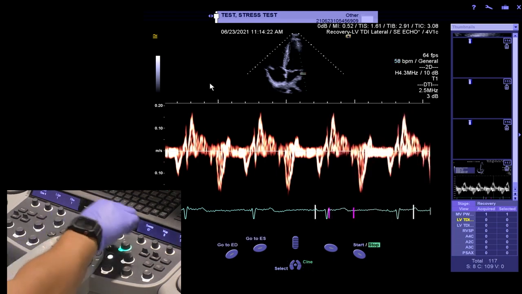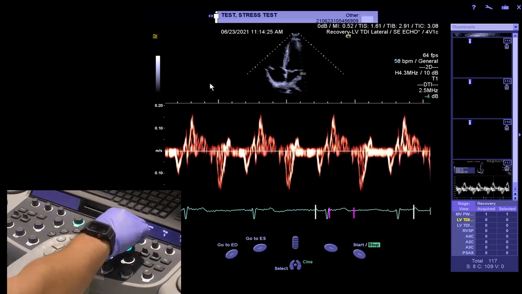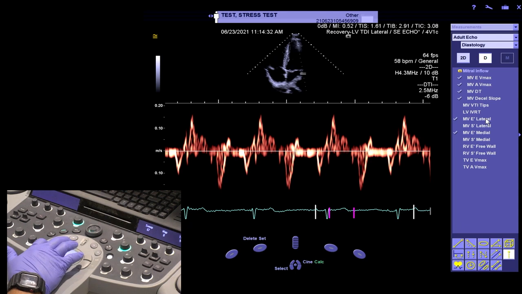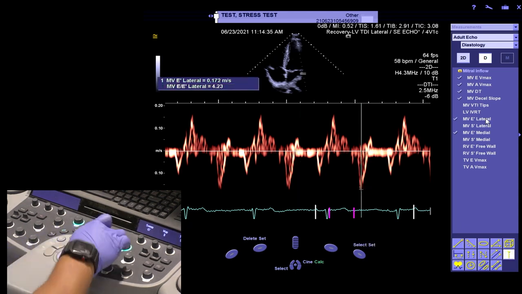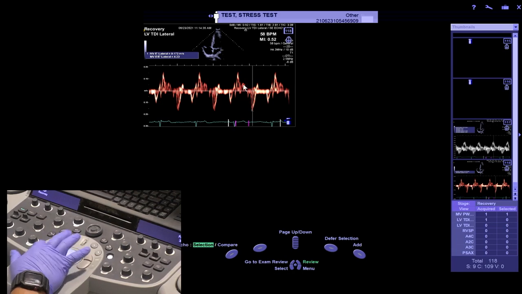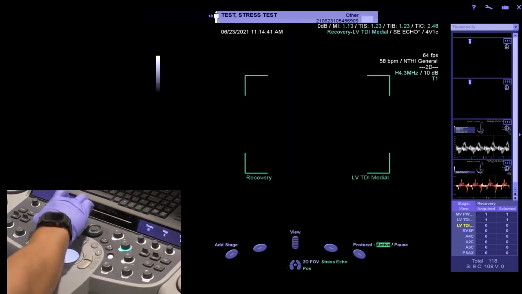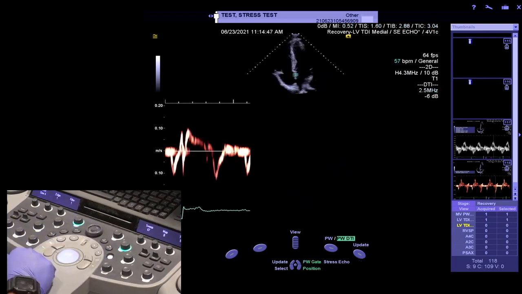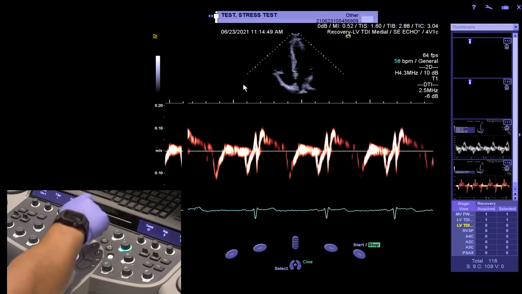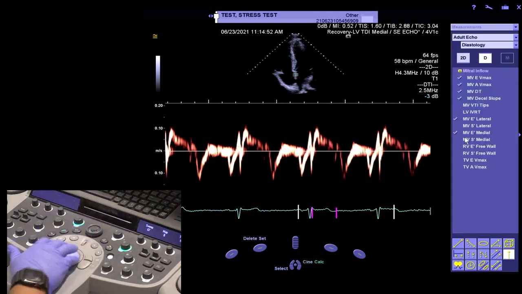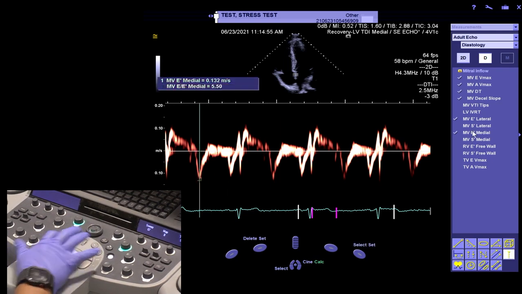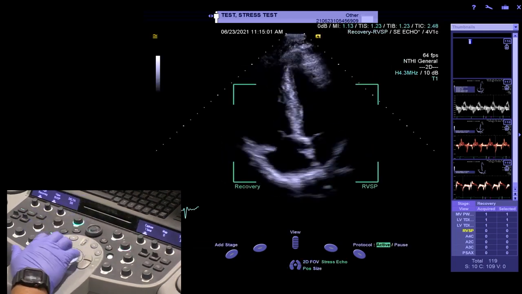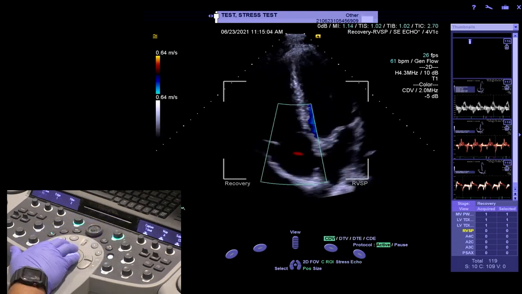Again, in the event that we were utilizing an ultrasound enhancement agent, this measurement is easily done. You just must optimize your Doppler gains, lateral, acquire, and then double click to select, 2D. Now we're in the medial. Freeze, again optimize our gains, make our E prime measurement, acquire, double click, and the final Doppler measurement would be our RVSP,